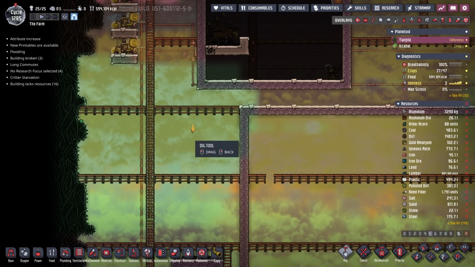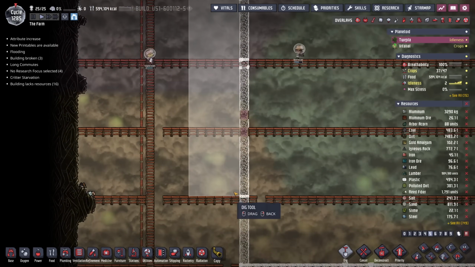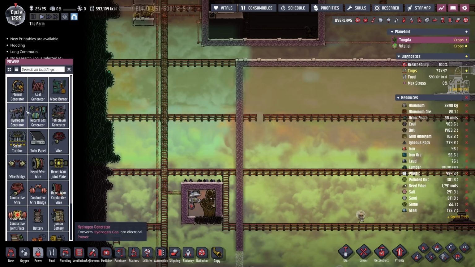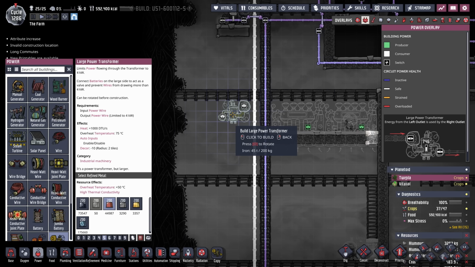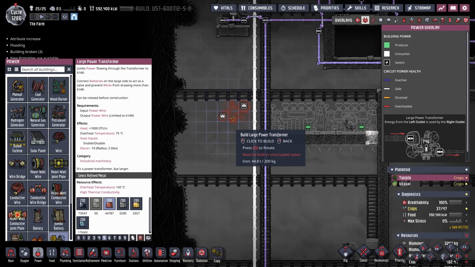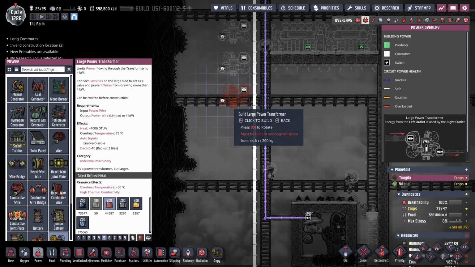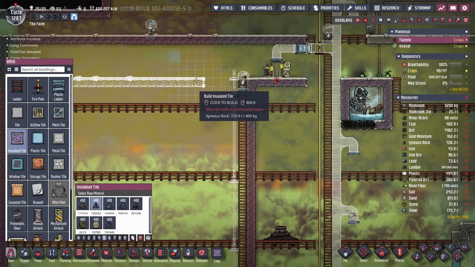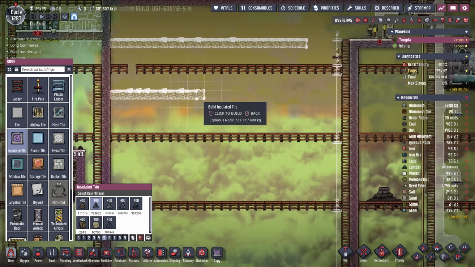But what I plan on doing is making one continuous shaft filled with thermal aqua tuners and just have all that heat head up here to maybe 2 steam turbines? I think 2 would be able to deal with it. We're also going to need a whole mess of power transformers to be able to deal with all of this, because we're going to be running the thermal aqua tuners, not to mention we're probably going to need some heaters in some of them as well. And then because we want to thermally isolate each level, we're going to have a bunch of insulated tile levels,